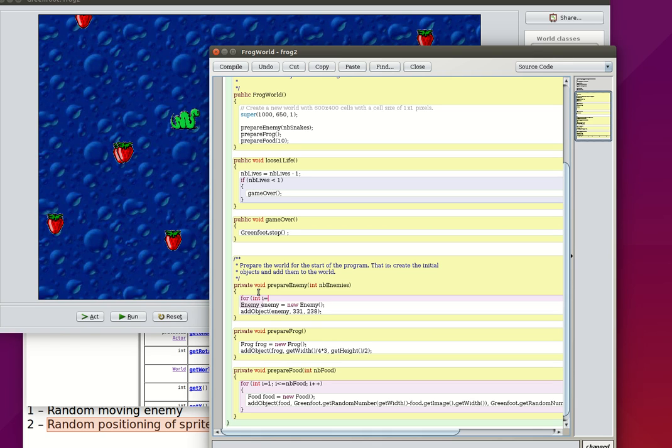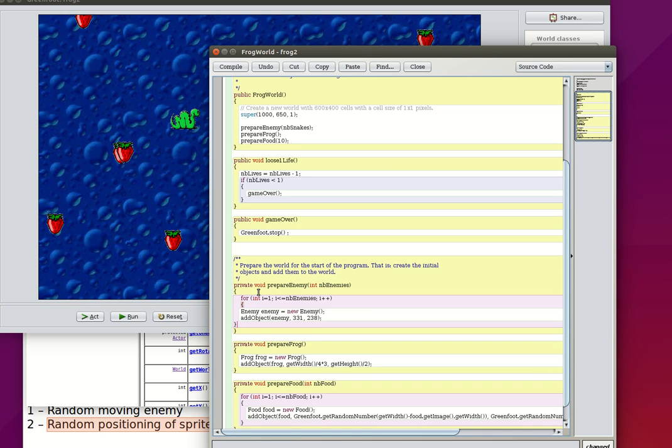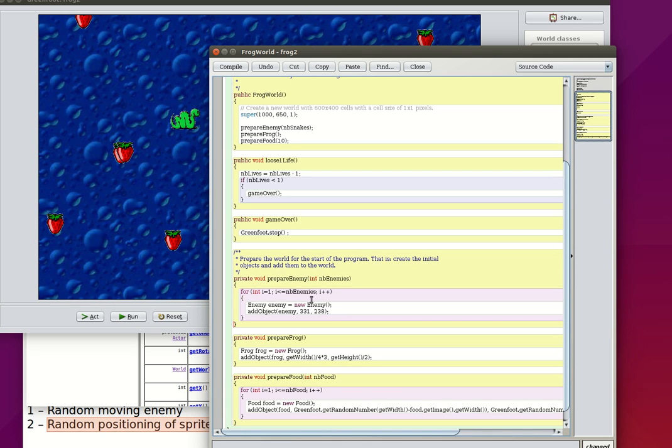So from 1 to number of enemies, wrong type of comma, opening bracket, closing bracket, Control Shift I to tidy it up. Good, and these are the numbers that I need to change, and I'm going to use the getRandomNumber method again,